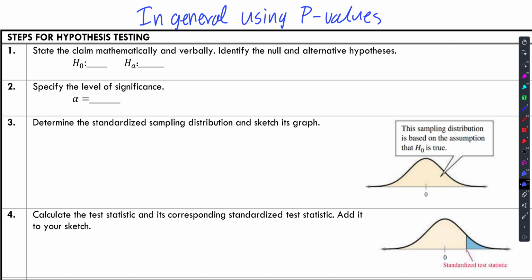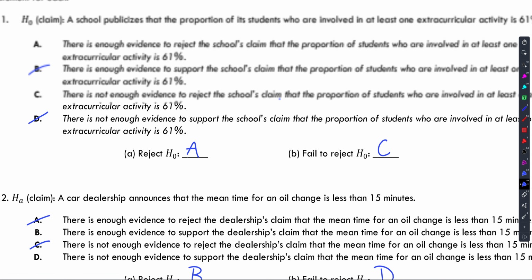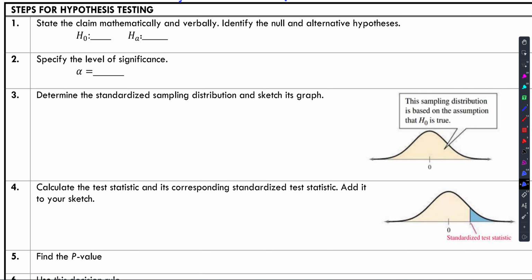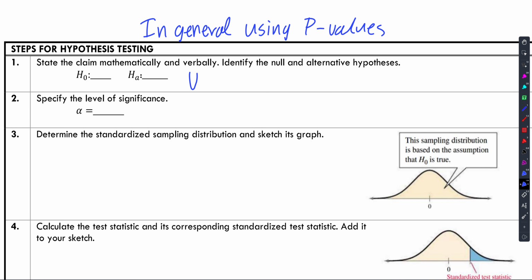So again, we see the importance of getting the claim correct and getting the hypotheses correct, because if you don't get the hypotheses correct, obviously your sentence is going to be wrong, your decision you make is going to be wrong, all this stuff, okay? The type of test that you have is going to be wrong if you do not write your hypotheses correctly. So I can't state how important step one is, okay? Because everything gets messed up if you do that incorrectly, and then I have to pretty much take points off for everything from there. It's easier to make a little bit of a mistake somewhere else, but this one is